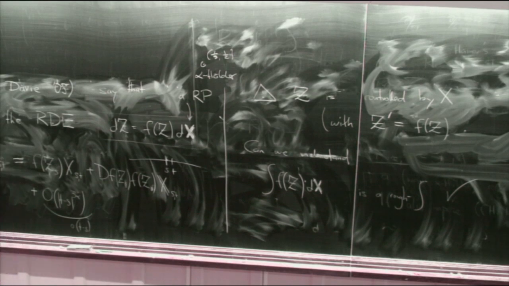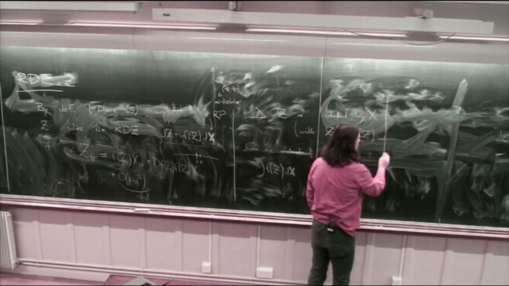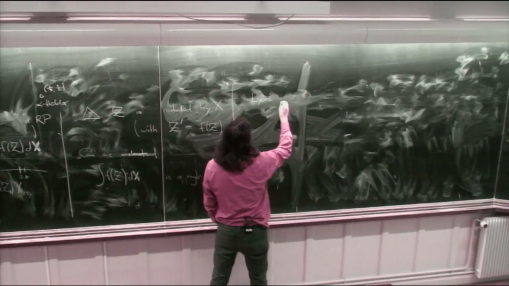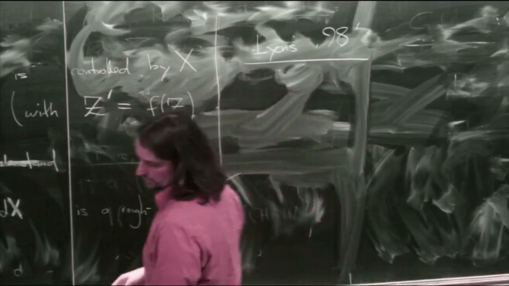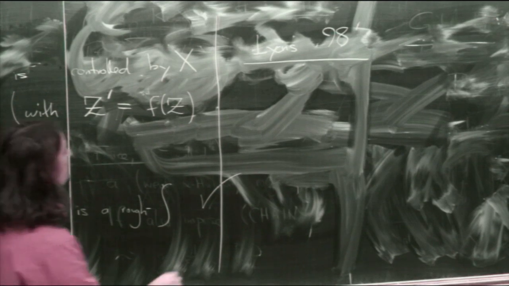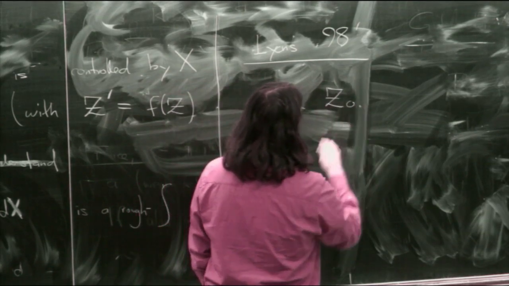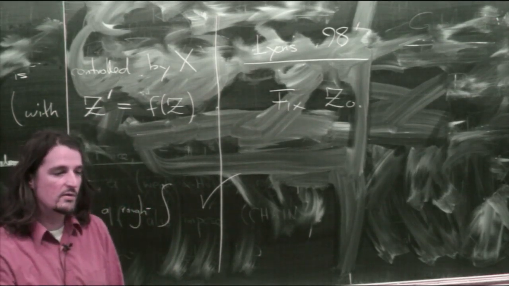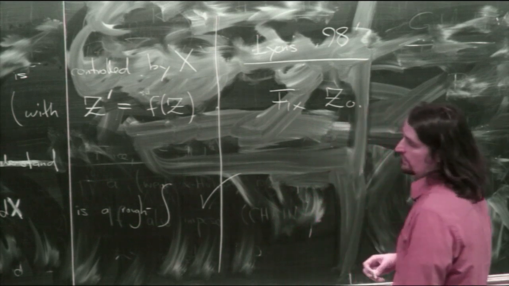So now, the best thing about this whole construction is, again, stability. So this is Lyons' famous result, Lyons '98. Right? So let's see how we phrase it. Okay. So you fix Z_0. It doesn't really matter. You can think of the solution flow and keep your Z_0 free, but let's fix it for the sake of argument. So fix Z_0, then,